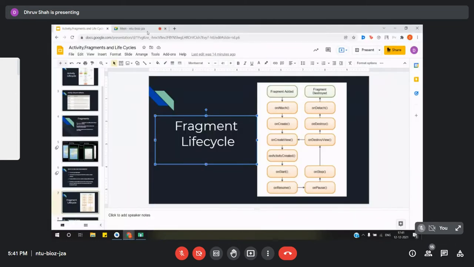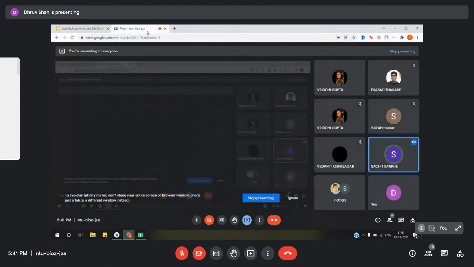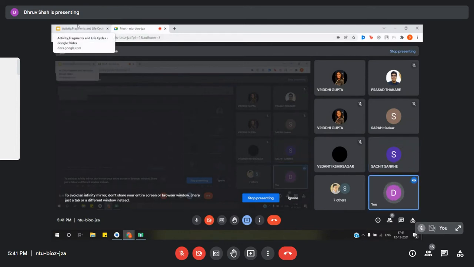Okay, so will the onPause and onStop methods be called simultaneously or together always? Sorry, could you repeat? Whenever you were doing the processes, the onPause and onStop were getting called together. Will that always happen? No, that's not always together. As I've explained, in a case, for example, of a news app, if you want to share something and a dialog pops up, for example, or there's something called an intent filter.